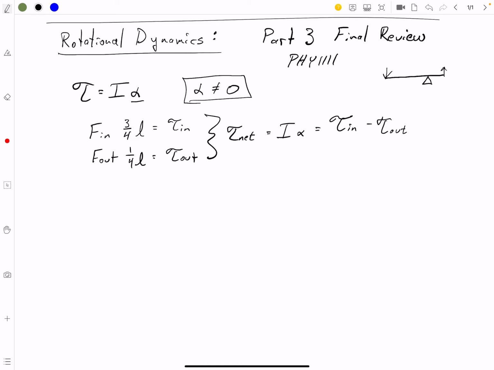We can define this direction to be positive, then that means that this torque in is going in a positive direction. This force out is also going in a positive direction, so technically we would do that. So torque in and torque out, minus plus. So really,